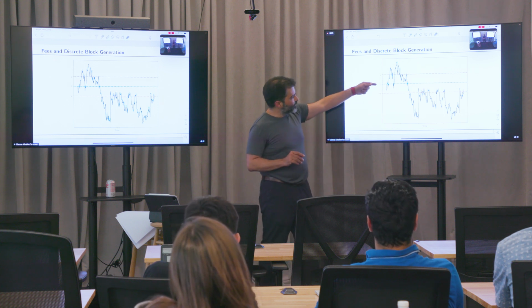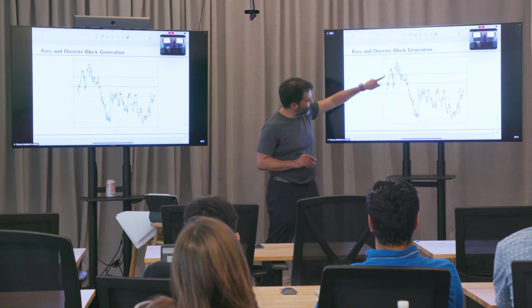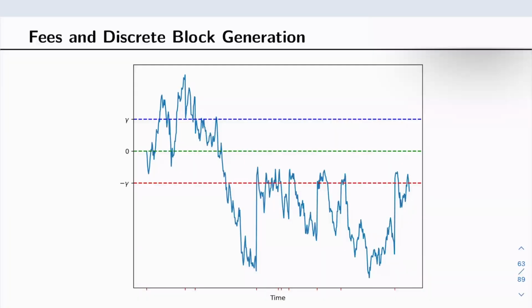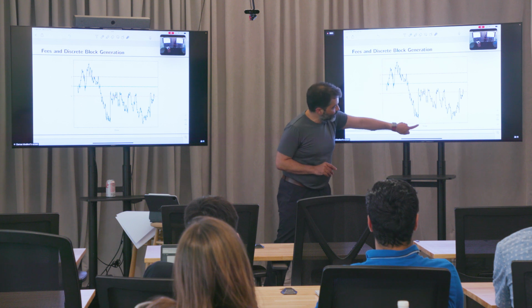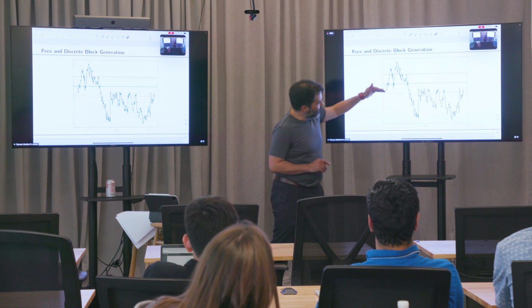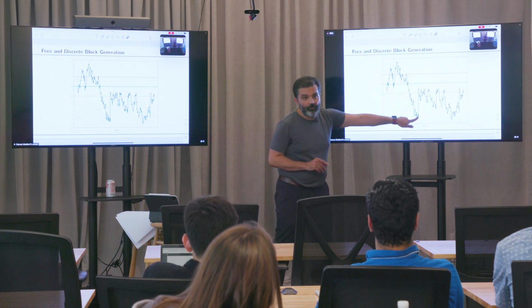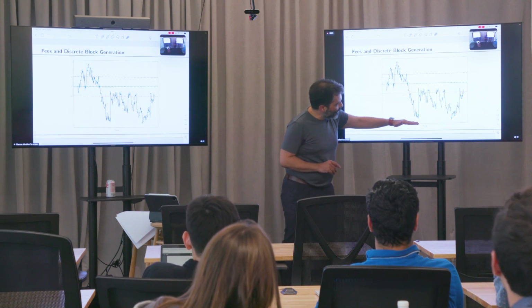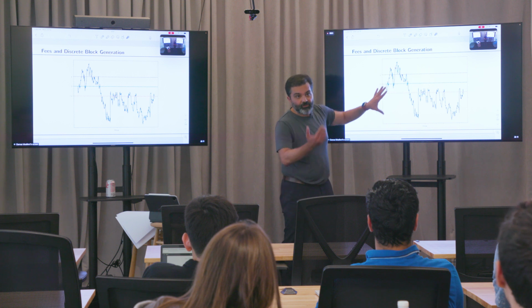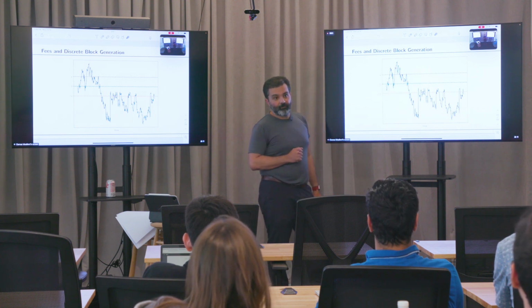And so you can see what's going on here. Initially, the price diffuses. Here we have an arbitrageur arriving, but nothing happens there because there's no trade to be done. On the other hand, here we have an arbitrageur arriving, or a block being generated, and the price instantly jumps up there. Because here, when the block was generated, the mispricing exceeded the fee to trade. Right? So you have this process that's going to generally diffuse. When arbs arrive, if it's outside this band, it's going to jump to the nearest point of the band.